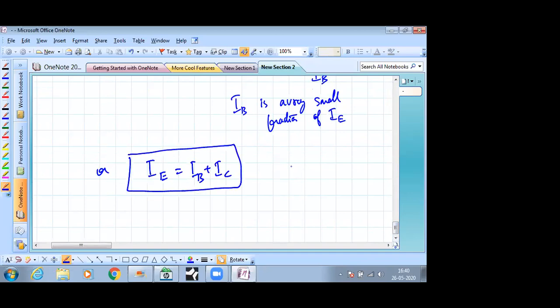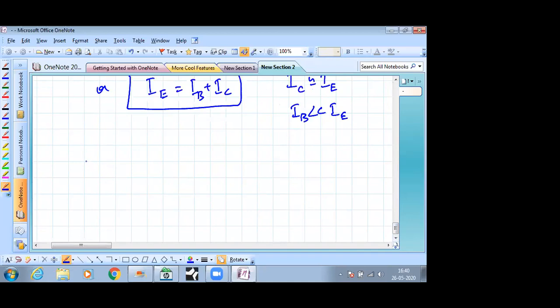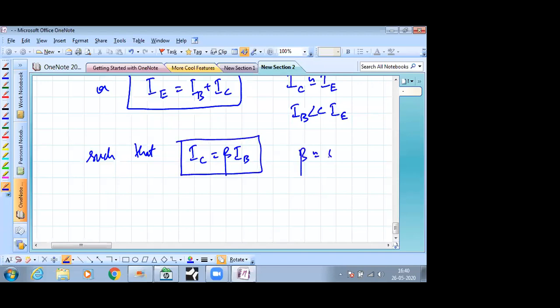But in this sum, IC is almost equal to IE, whereas IB is a lot less compared to IE. And that is where the alpha beta parameters come in. So we see that the collector current is equal to some parameter beta times the base current, where beta is typically in the region of 50 to 200